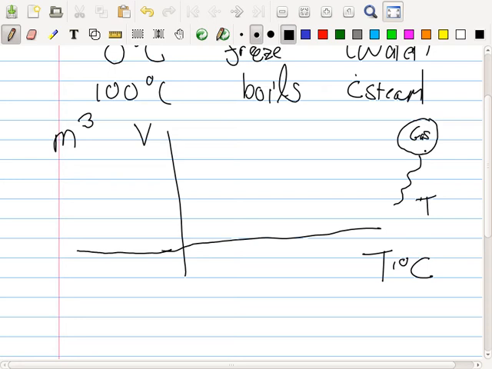Now what I notice is if I make this hotter, what happens to the gas? It becomes bigger. And if I make it colder, smaller. So the graph would look roughly like this. Let's say for example here is 20 Celsius and here's the volume. If I make it colder and colder, the volume will get smaller and smaller. But the volume can never be negative. So there's a place here where it has to stop.